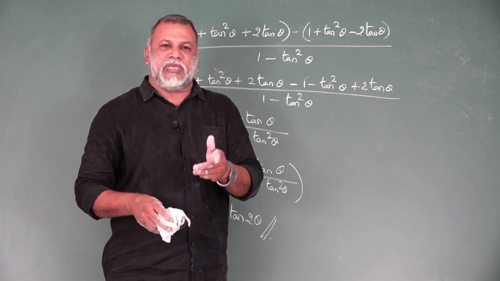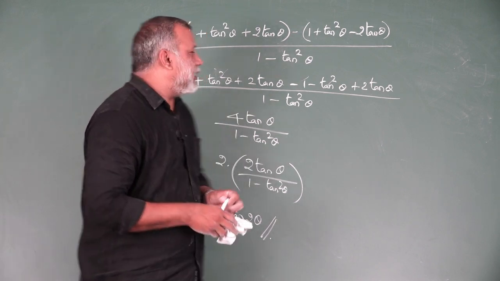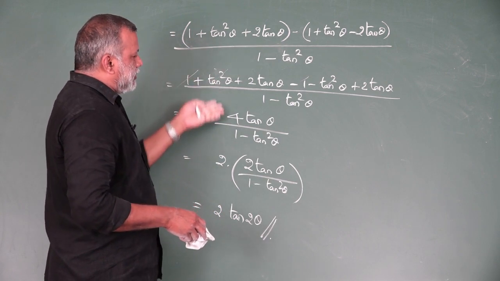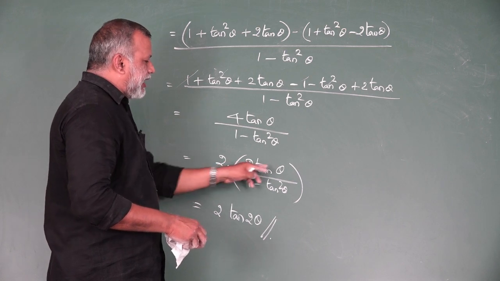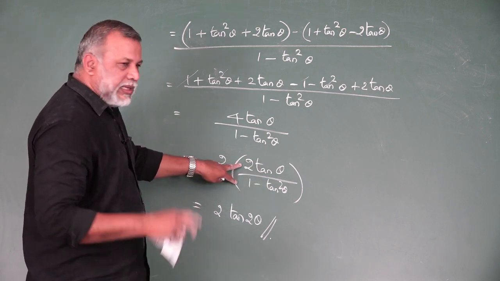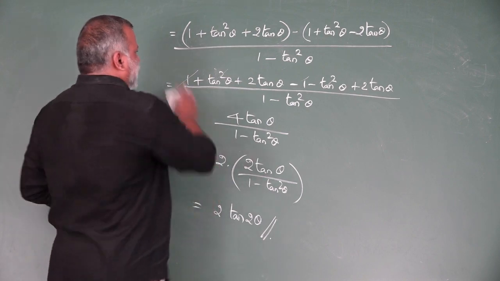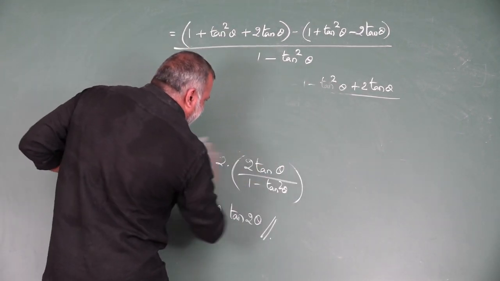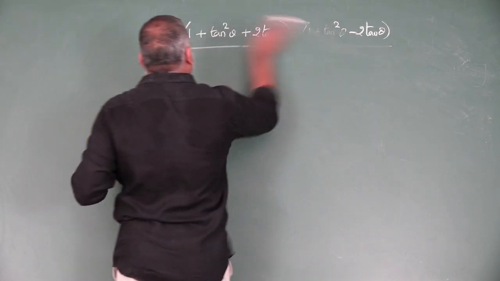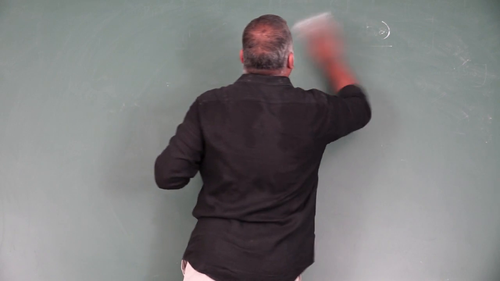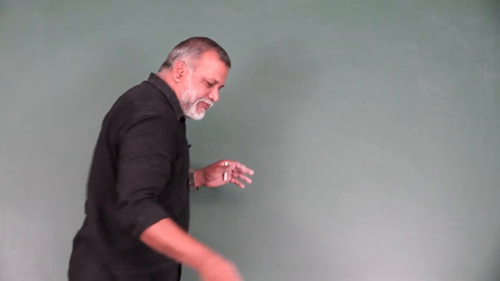The denominator is in the form of A plus B into A minus B. Just apply the formula and we are able to work it out. We get 4 tan theta, and split like this: 2 times 2 tan theta divided by 1 minus tan square theta. This is the required proof, tan 2 theta. So you have to use the logic of sin of A plus B, sin of A minus B. That is called compound angle formulas and multiple angle identities. You have to use the multiple angle identities. This is called application knowledge. You have to split as required.